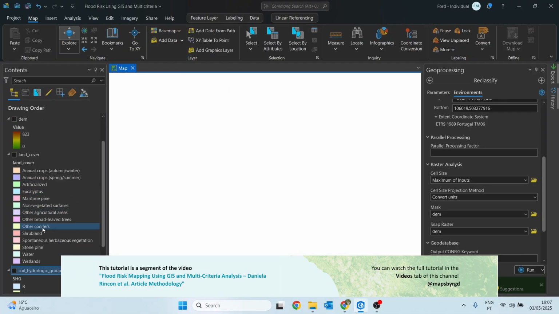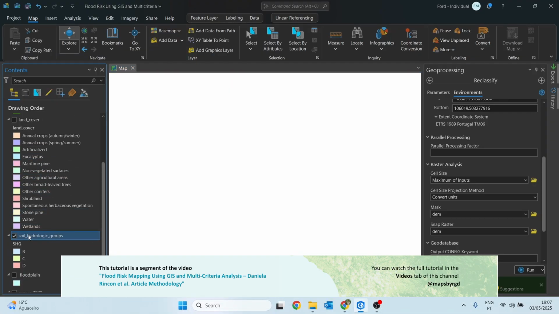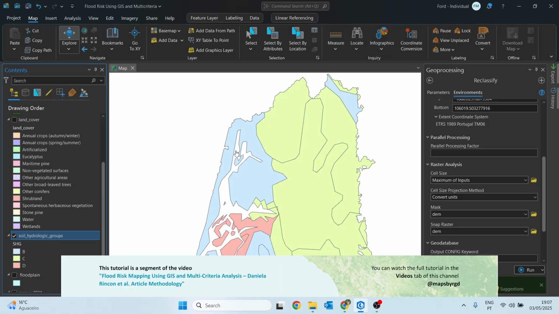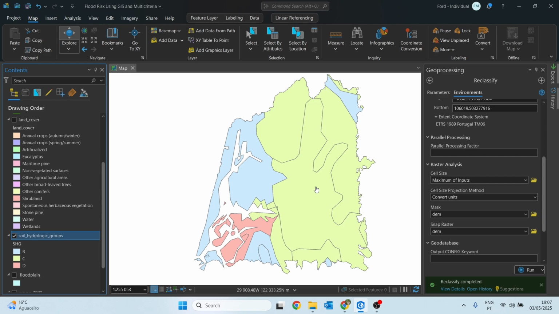If we take a closer look at this shapefile, the soil hydrologic groups, I'll just activate the layer for visualization. We can see that there are gaps in the data. So we need to correct this, because if we don't, we will be introducing errors into our calculations.